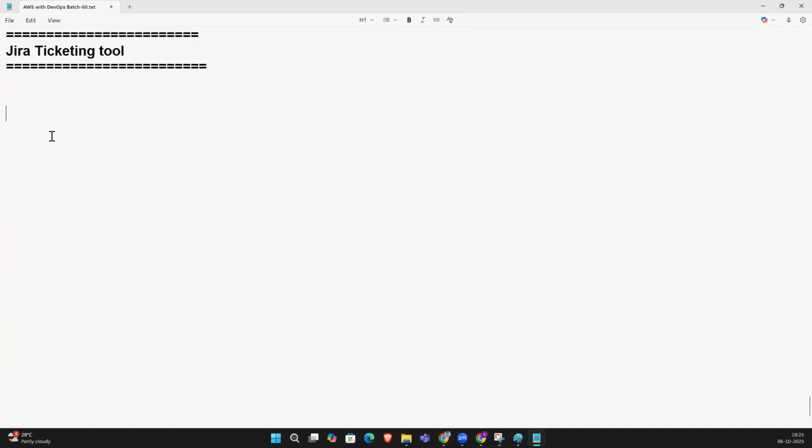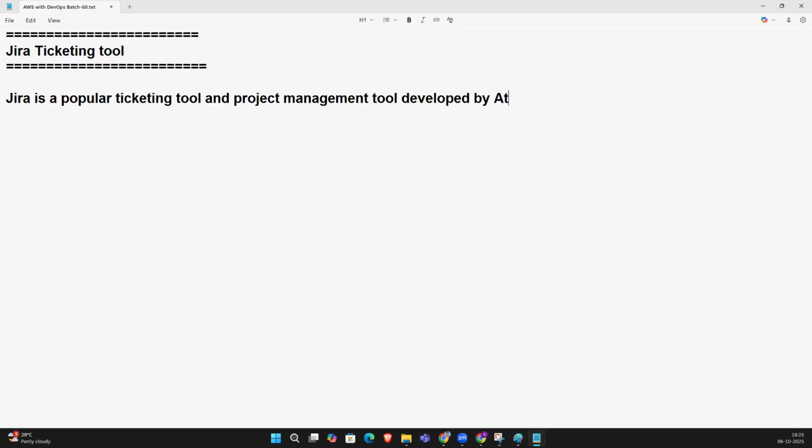So what is Jira, guys? Jira is a popular ticketing tool and project management tool developed by Atlassian.